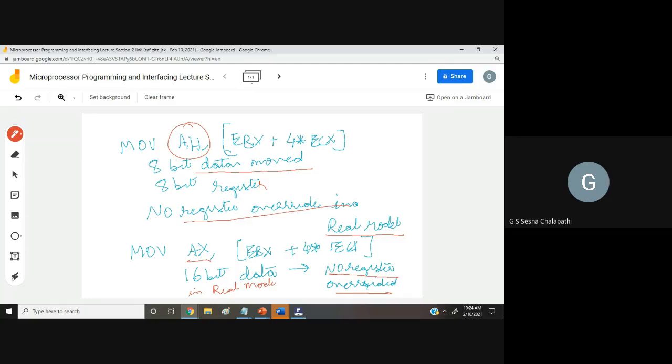They are not destination or source registers, so they will not contribute to any register override if there is any.